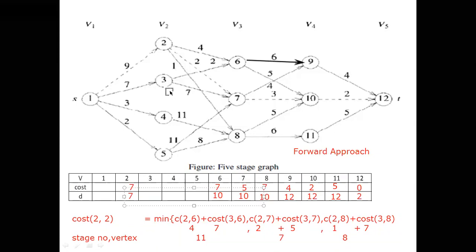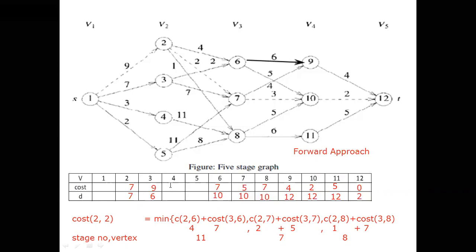Now please do it for 3, 4. For 4 there is no problem. 4 is very simple. 11 plus shortest to 8, that we have to update. That first I will write. Every value I will write. Please solve it like this and you will get the values. For the 3, 4, 5 I will write directly. For the 3 the value will come as 9, and for the 3 the penetrating vertex will come as 6. Please solve it.